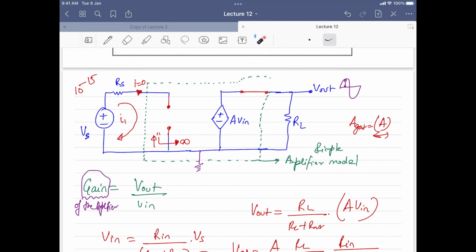Okay. And sir, why can we not change the value of RS and RL? Because the important thing is RL cannot be changed because you have a fixed speaker, right? The speaker that you are taking out from the market, you cannot take RL as per your wish. It will be already designed with a specific resistance.